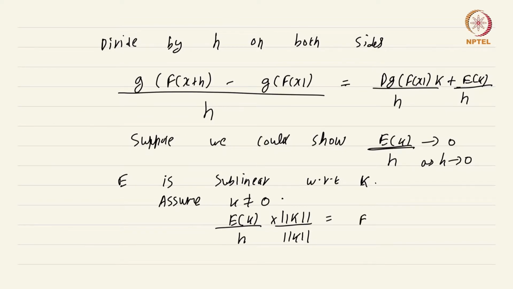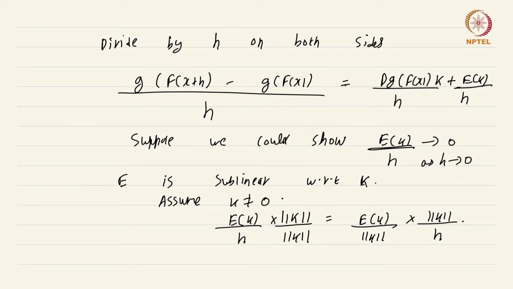So you will get e of k by norm k into norm k by h. Now observe, this is valid because I'm assuming k is not 0. This term goes to 0 as h goes to 0. Why is that the case? Well, because as h goes to 0,